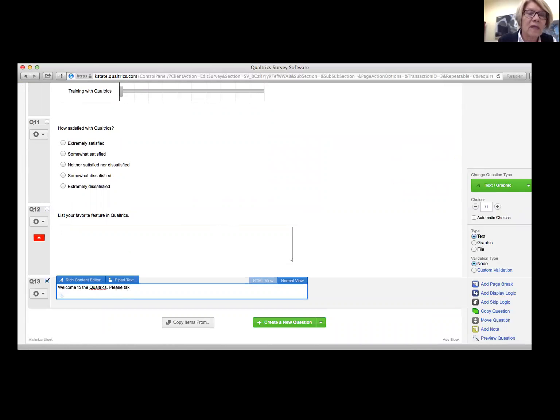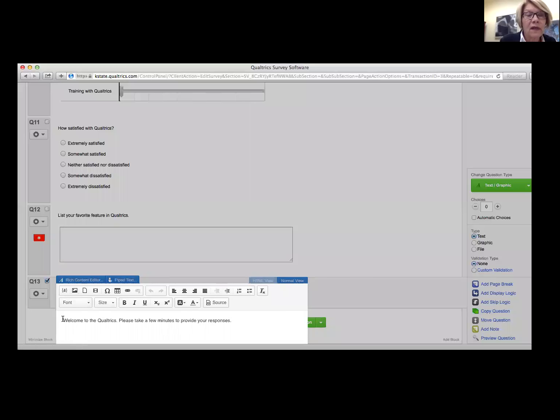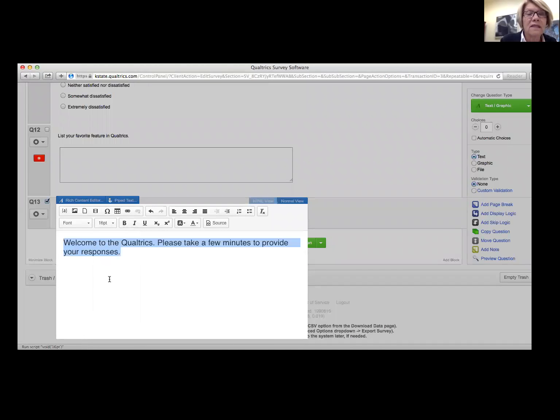Please take a few minutes to provide your responses. Now, this is a text, and you can see I spelled it wrong, so I'll fix it. Now, this is a text entry question, so there's a rich content editor. I can highlight this, and I can change the size to, say, 16-point italics. I can color it,